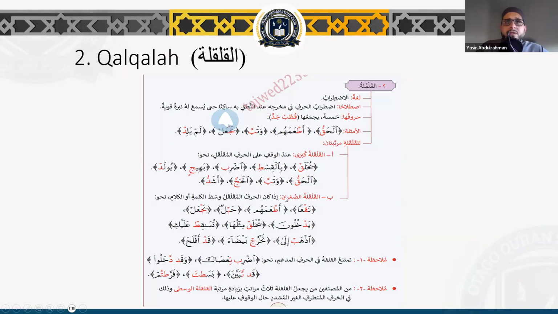So you see when you stop on it, the qalqala becomes very clear. The lesser qalqala, because it's in the context, you can't actually stop completely on it. So it becomes